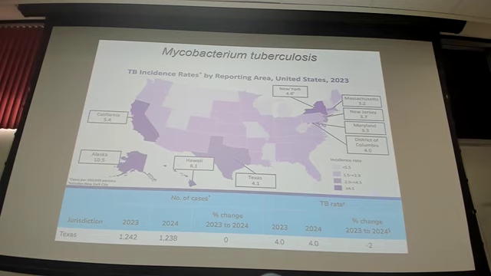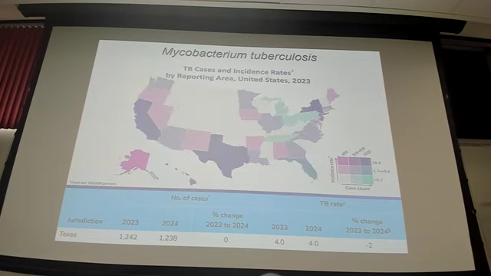California's also had an increase. Texas has decreased a little bit, down to 4.1. And New York has increased now, so it's higher than Texas. So kind of interesting trends here. I like going on the CDC website. It has a great monitoring and surveillance program for TB, so we can learn a lot from just going on there.